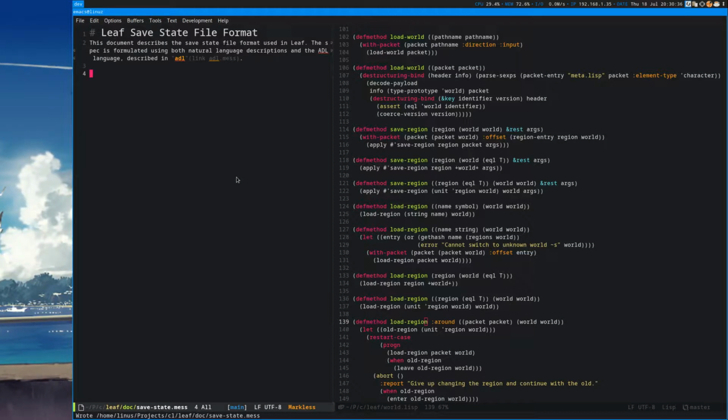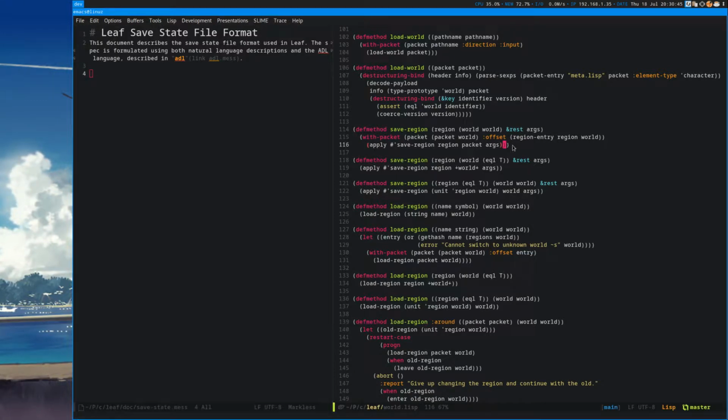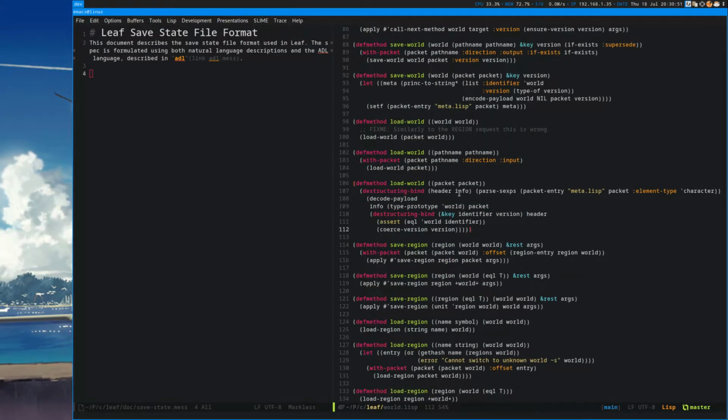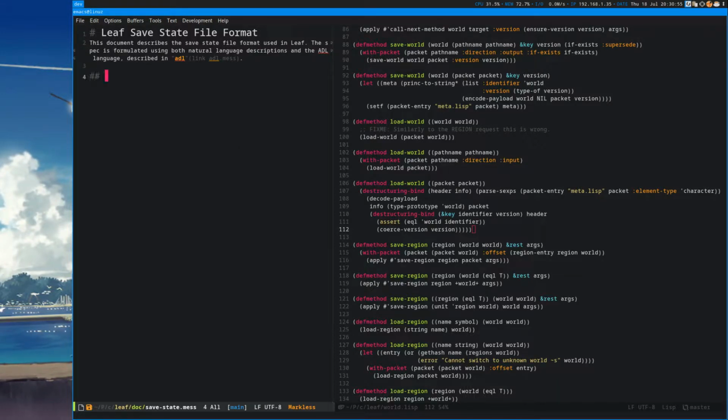Leaf does have chunks as well, but right now it just loads all the chunks of a region in immediately, because I expect the data in the chunks to not be that great. So there might be culling things or streaming things that could be done later as an optimization, but right now that's not a concern at all, because I have literally zero game data.